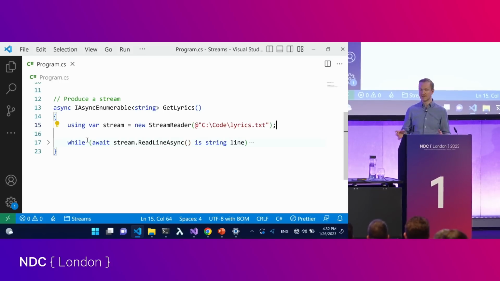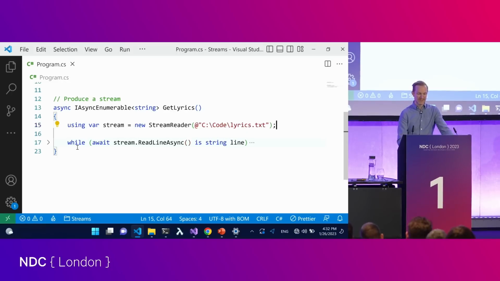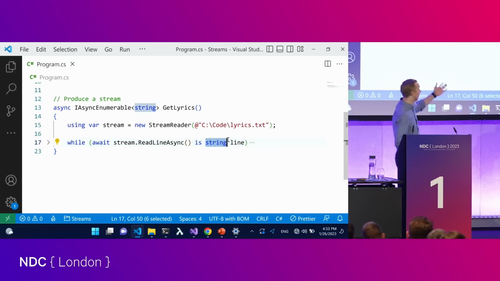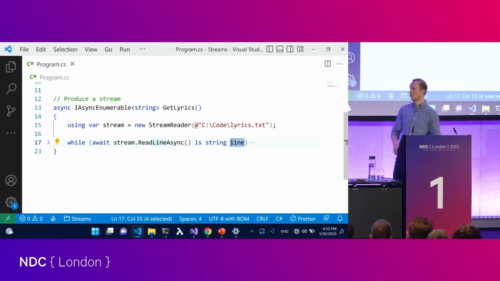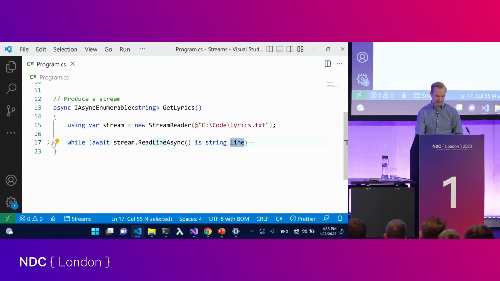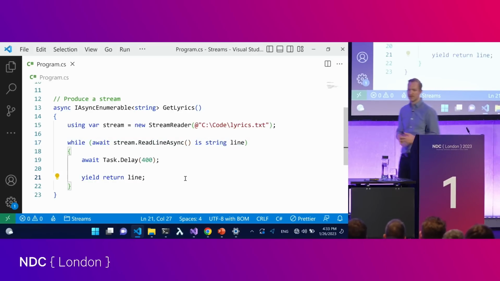And that's quite complex in an asynchronous context like this. So what we do is have a while loop that reads through all the files that I have, reading through each line. It's going to say, I want to get the next line available in this file. If this is actually a string that I got returned, this is pattern matching, we're going to go into that soon. I'm going to capture that as a local variable called string, and then I can use this inside this while